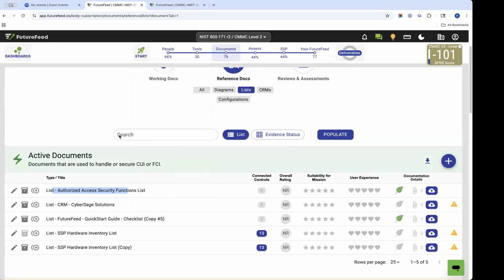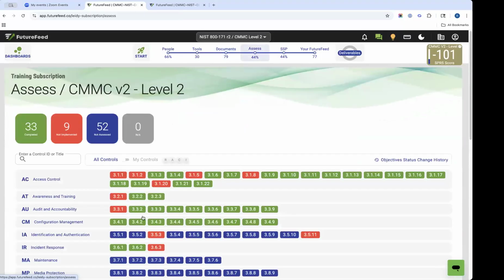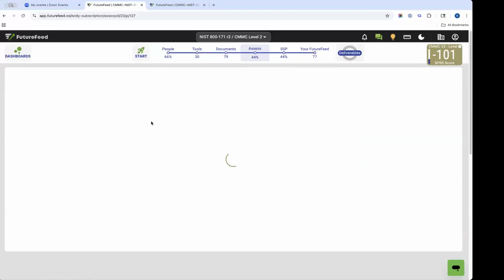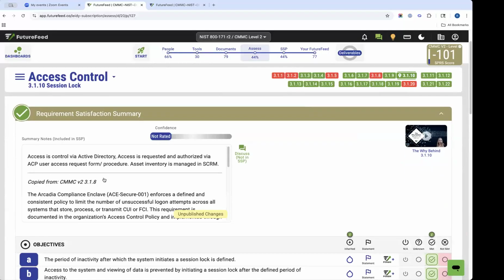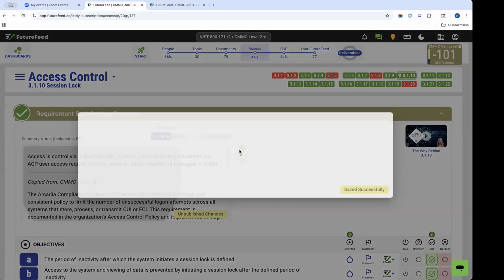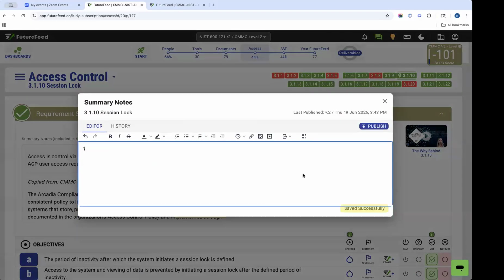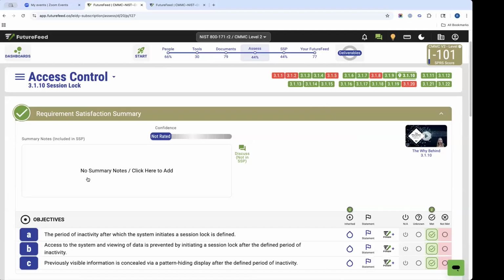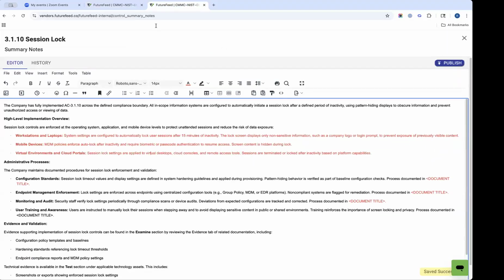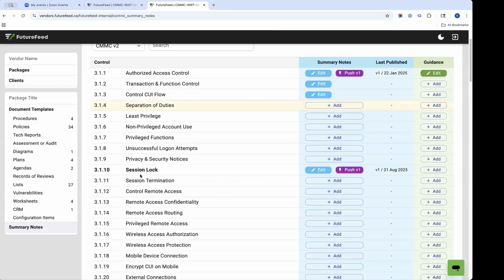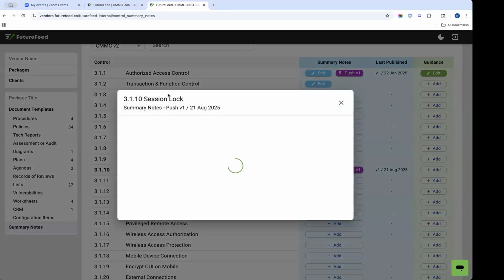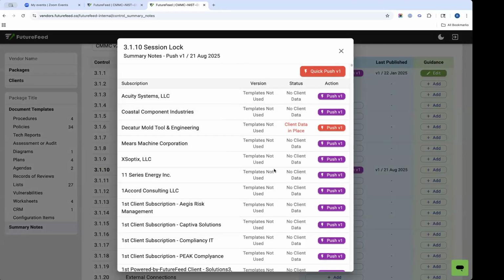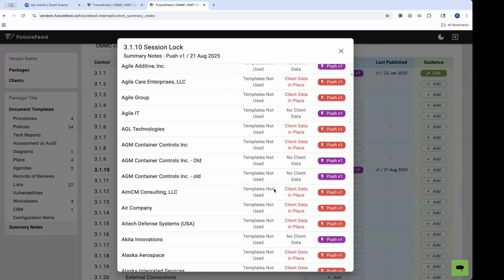Before I hit publish, I do want to show over here under what control am I doing? 3.1.10. Right now, let's delete this out. This is from a different training. Publish. Okay. It's blank. See here, it's blank. Now, if I go over here and I hit publish, and I push this to either all of my clients, or maybe I just want to push it to one client. Let's go find,